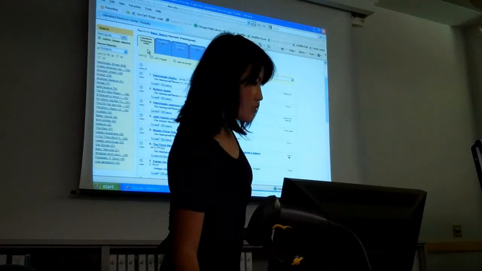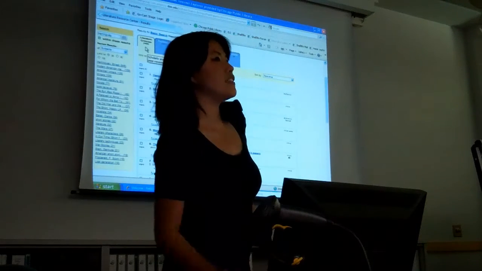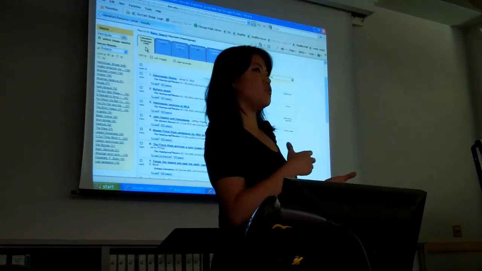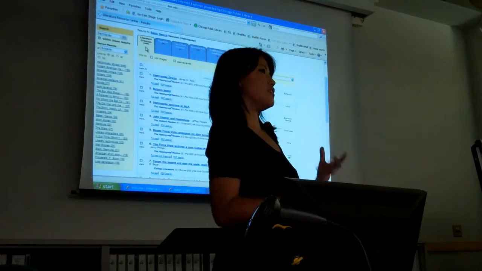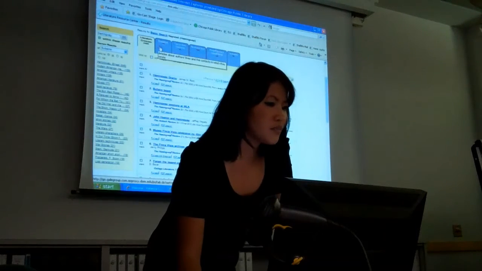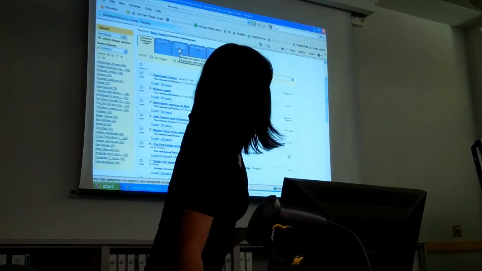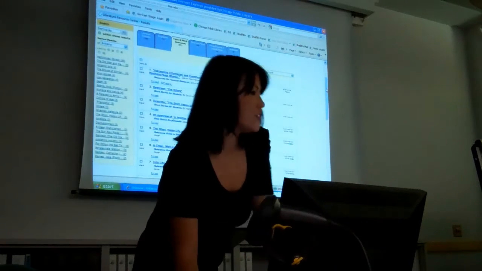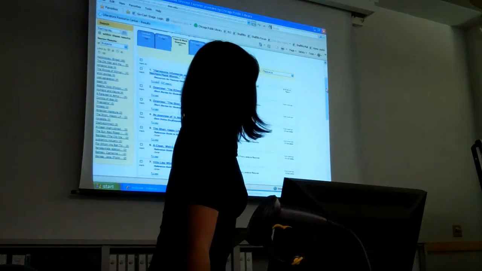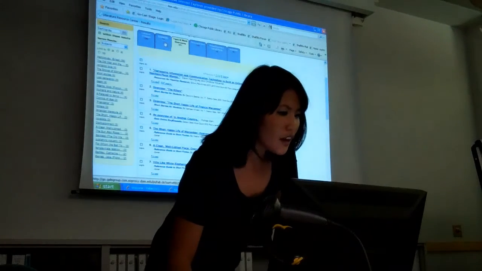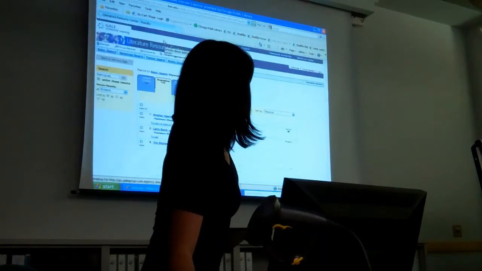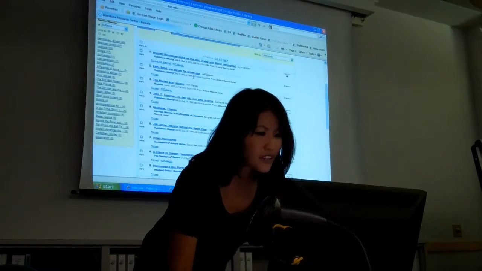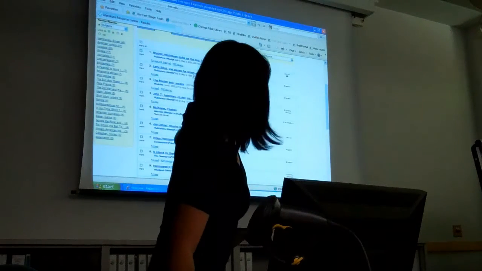For example, literature criticism, which is the first one, is going to have scholarly articles or journal articles, things related to Hemingway in a more academic sense. If you want something general, you would click on that third tab, topic and work overviews, which is just going to have an overview of his different books that he's written. If you're looking for a biography, you can click on the second tab and it'll have biographies on him.